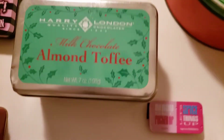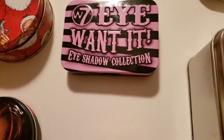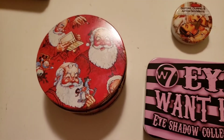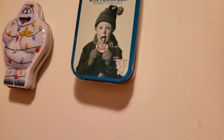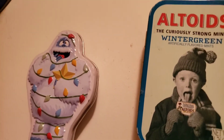And then here's some toffee. This one, I bought this eyeshadow just because I wanted the tin. I do stuff like that. That's Santa. And I've been collecting all the new different type of Altoid ones I see because, oh look, here's the snowman